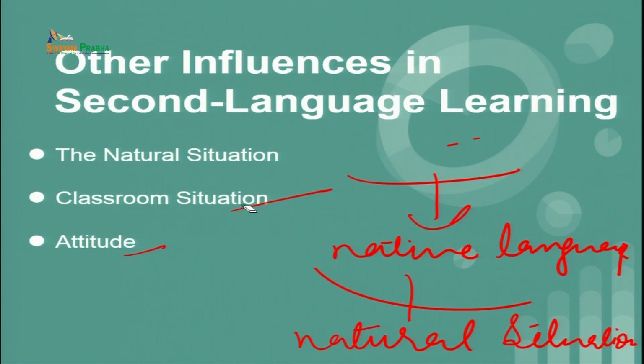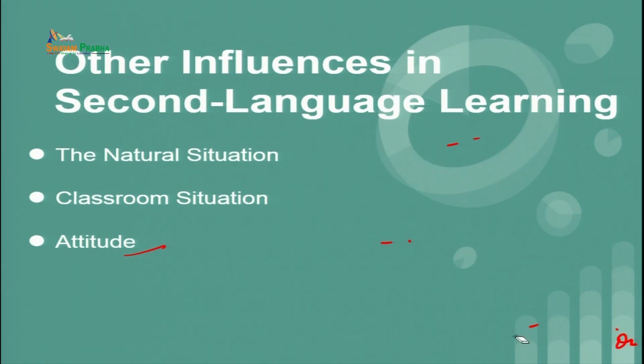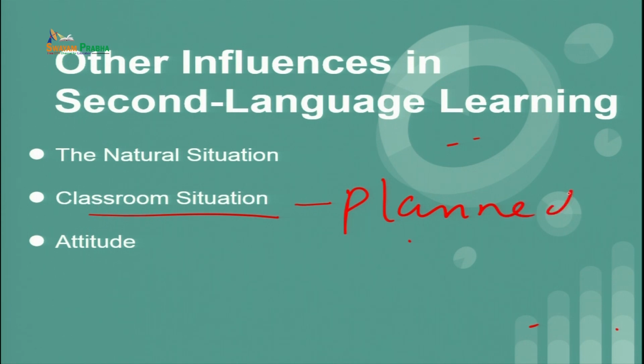Now, going on to the second point, it says classroom situation. So, what is the classroom situation? Here the situation remains slightly constrained. Here the situation is not as wide as the natural situation is. Basically, the classroom is isolated from other social life. So, you can say that the classroom for second language learning is a planned situation, or a planned classroom